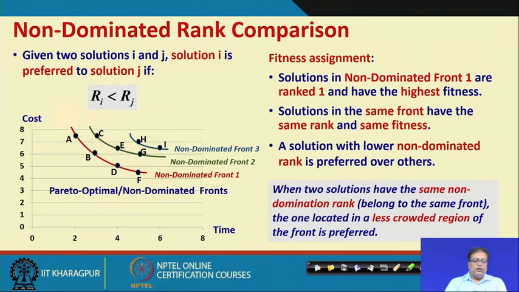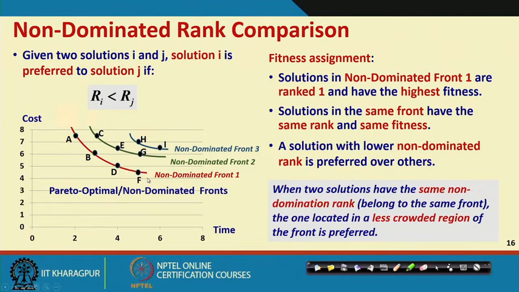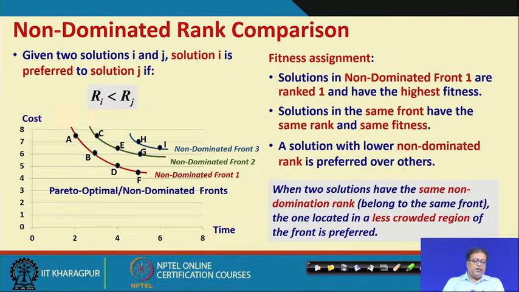Is it okay? Look here, all of them are having the same rank. Is it all right? So, the question is, they should be well represented. How do I well represent them? That means we have to ensure a population diversity. So, how do we ensure population diversity? We should try to get solutions from all regions of the front.